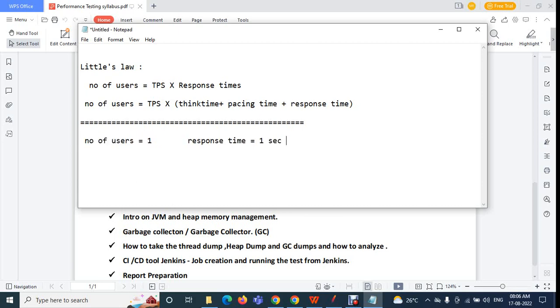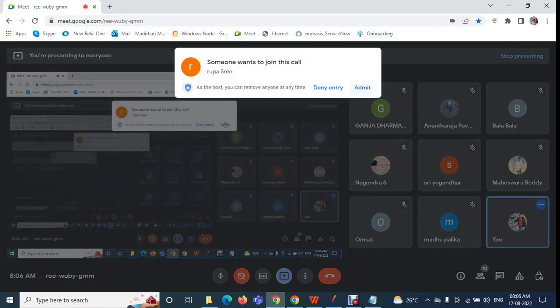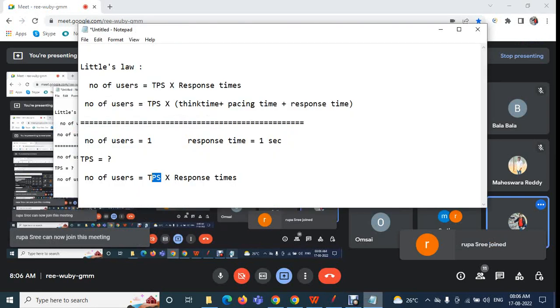Some people ask to calculate the TPS. What about the TPS, how much is the TPS? It's a simple thing. Use the Little's law formula. As per Little's law, number of users equal to transactions per second into response time. We want TPS, right? So TPS equal to